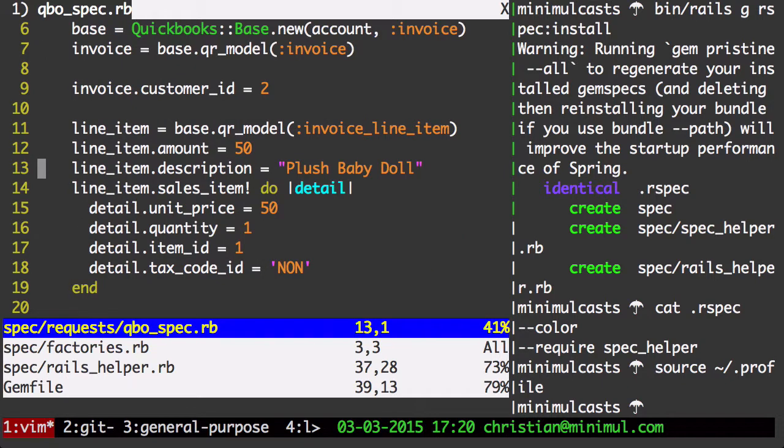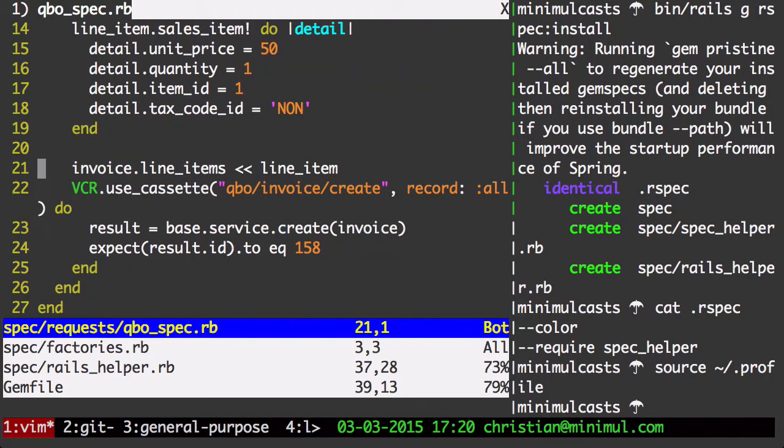And I'm just taking this from the spec that's in QuickBooks Ruby, making a line item. Again, I can throw an item ID in there because there's quite a few built-in products or items inside of the sandbox. And okay, so here we go down to how to use VCR. Now let me try to make this just a little wider. All right, that's as wide as I go, huh? Okay, so